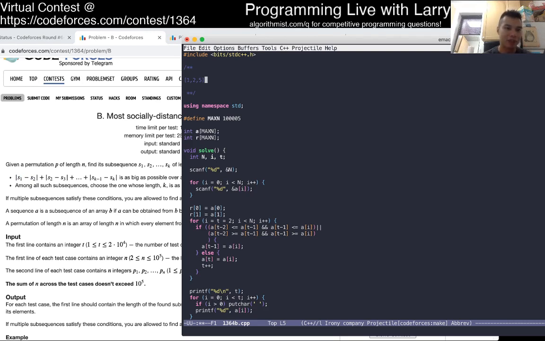But let's say you have this, just looking at the subsequence of 1, 2, and 5, right? Now this is an increasing sequence, and what that means is that the absolute value of 1 minus 2 plus 2 minus 5 is just equal to the absolute value of 1 minus 5, right?